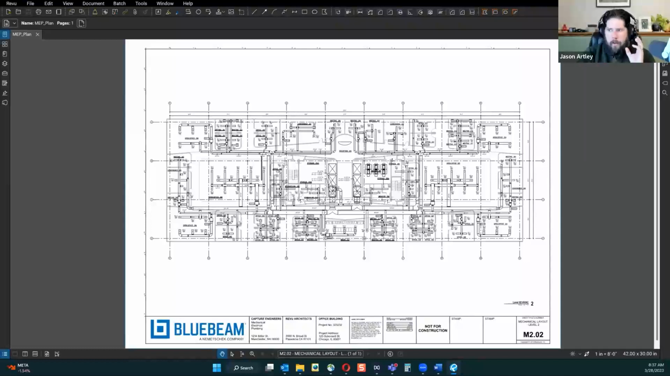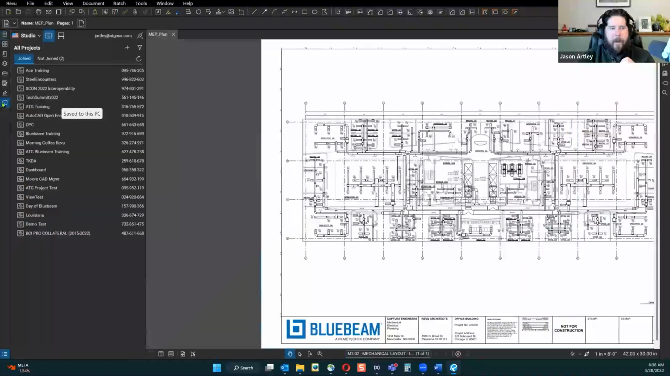So let's go back a little bit. I've talked about Revu, talked about Studio, I've talked about Cloud. So we're currently in Revu. Studio lives over here, right? This is the one you should know and love. This is like a virtual plan room,